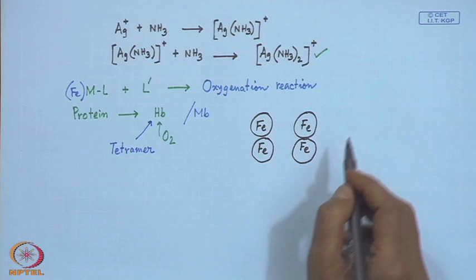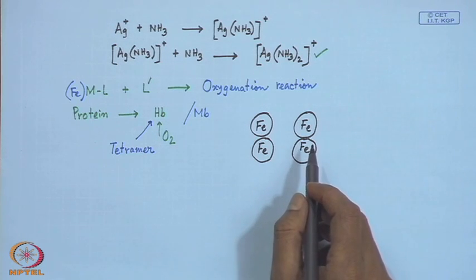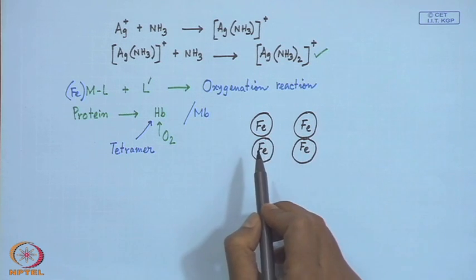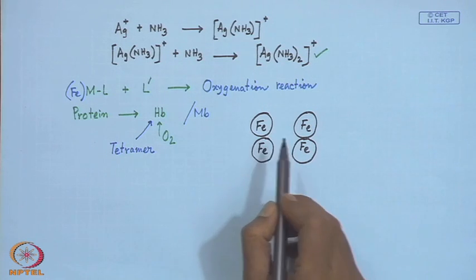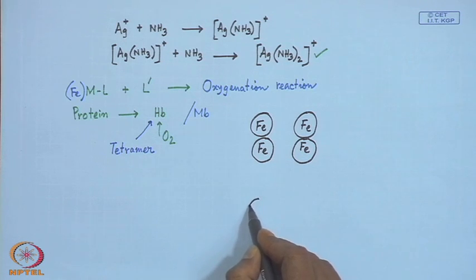It has some quaternary structure. So, the quaternary protein structure of hemoglobin tells us that it has 4 iron centers, and all those 4 iron centers can be utilized for binding of